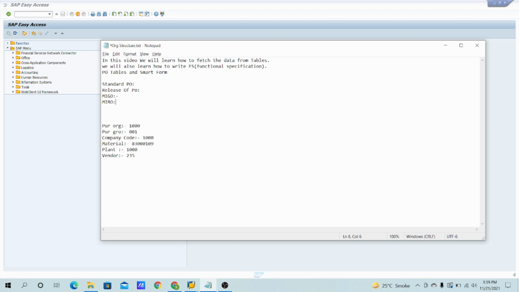The simple thing, we'll see what kind of documents will be generated. After that we'll find out the same data in the tables, right? So let's create a standard PO.